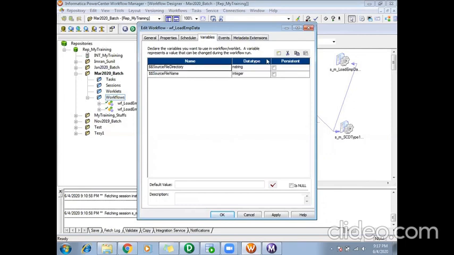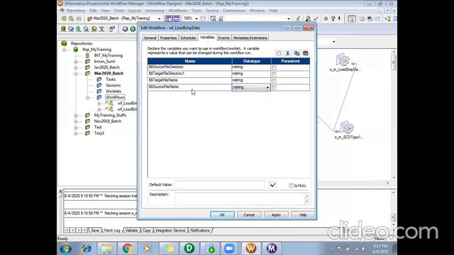Similarly, you can do it for target file directory, and target file name. So you can create these variables here.